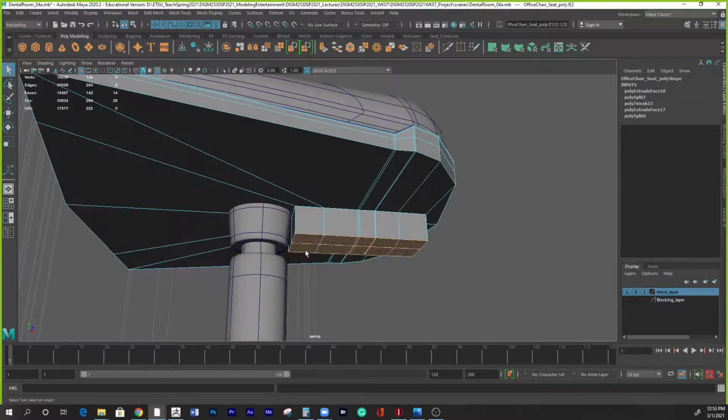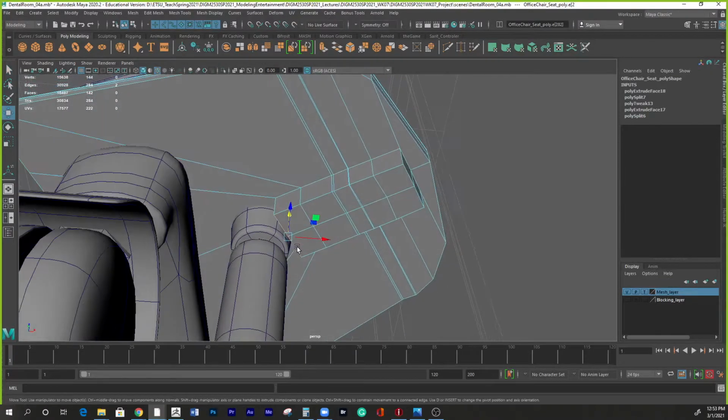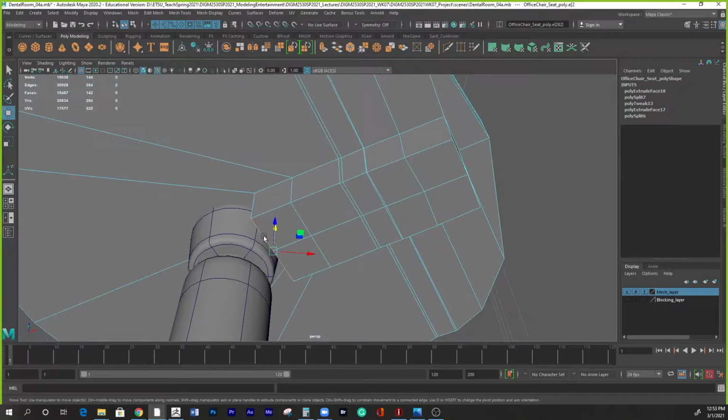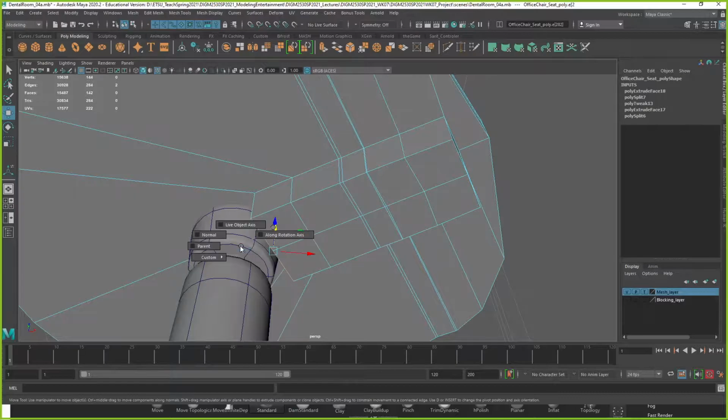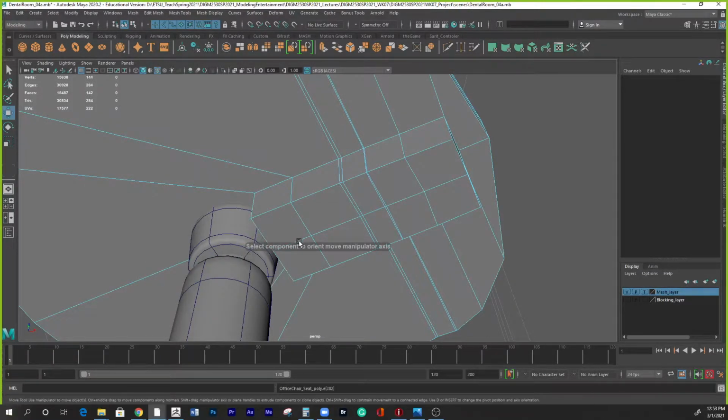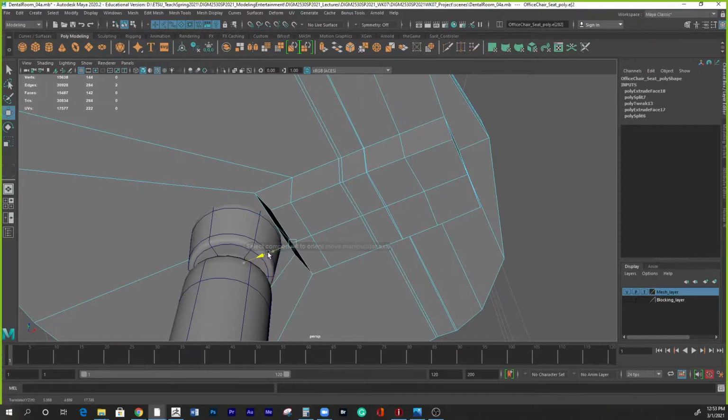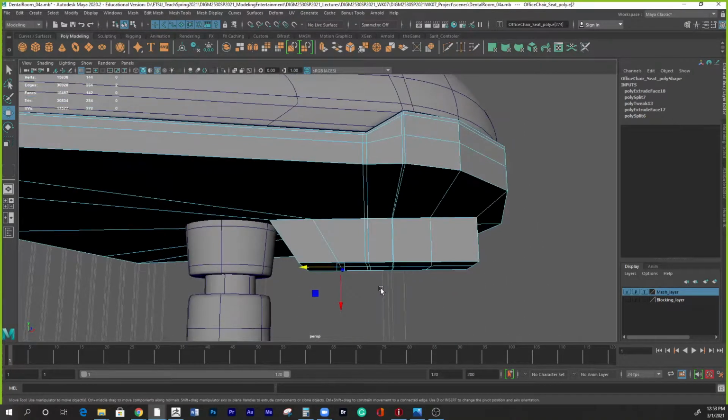On this section, I could play around a little bit by grabbing only these edges. I'm gonna hold the W key, left mouse click, exit, custom. This time I'm gonna set it to edges and pick that center. Here we go. I just wanted to taper this. Select that. Here we go. So if I press 3,